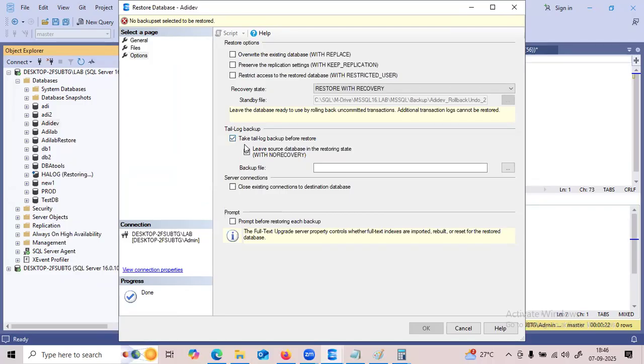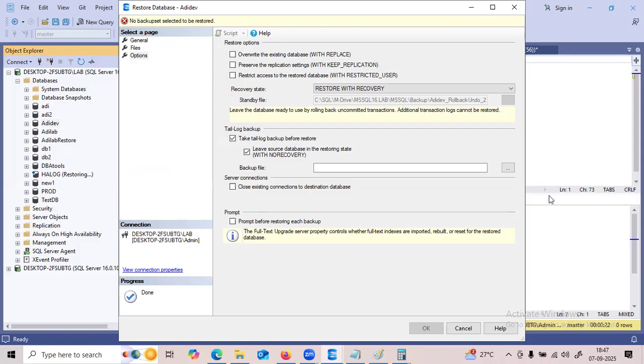There, I want to restore the previous full backup and differential backup, then finally restore this log backup. That is the purpose of this kind of tail log backup. Another use is when the database MDF is corrupted and the transaction log is available, then we can take the tail log backup. That is the purpose of the tail log backup.